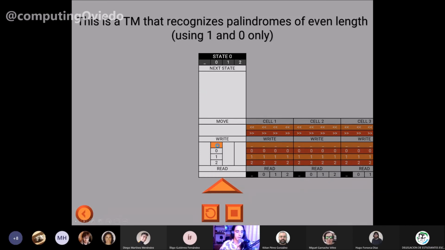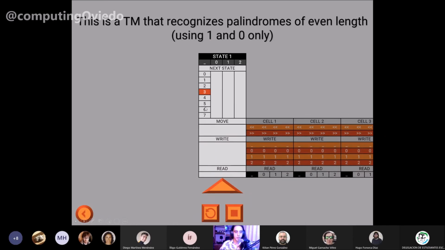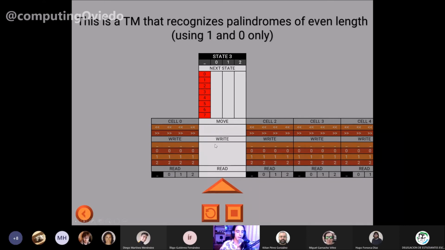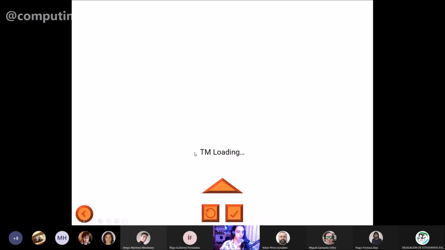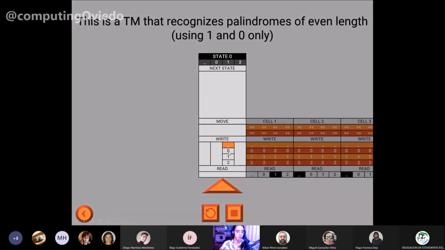And let's execute it. In execution, you have to click on the orange squares. If you click anywhere else, it doesn't do anything. So you can just set up an auto clicker to click everywhere once, and the program will run automatically. This wasn't accepted because this wasn't a palindrome of even length. So let's try with a palindrome. For example, 1 and 1. And let's try to execute it.